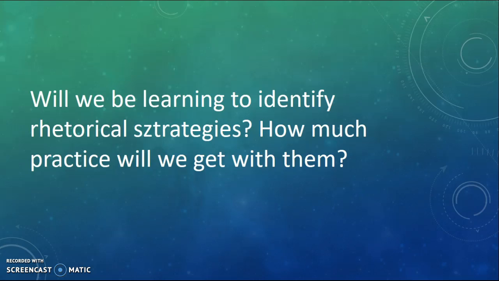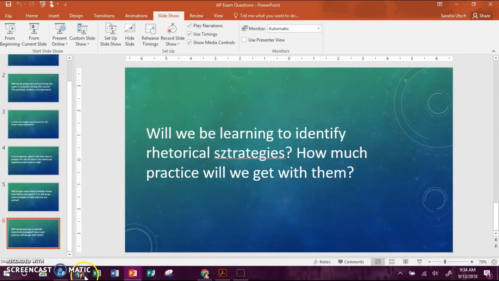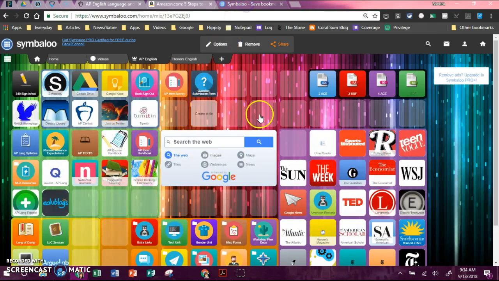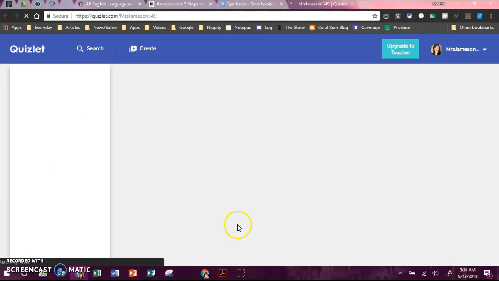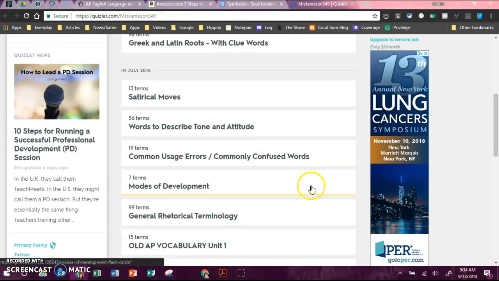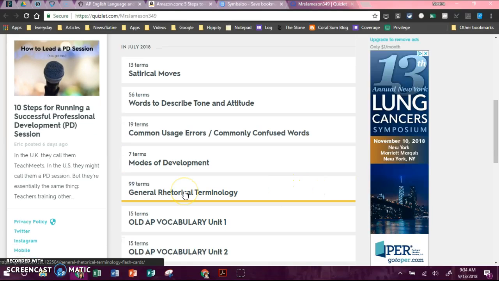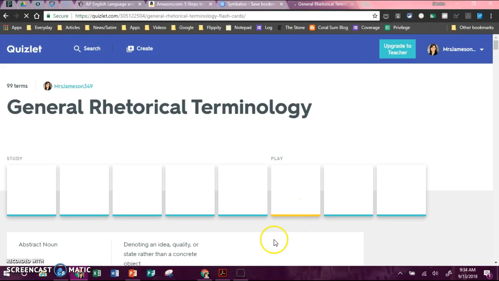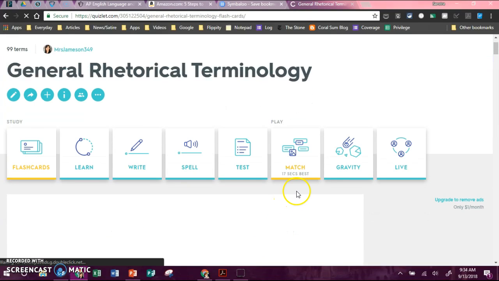If you are concerned about rhetorical terminology and vocabulary, I want to show you something I've provided for you. I mentioned this in class last week, but on the Symbaloo, there is a link to Quizlet. And on Quizlet, there's a whole bunch of lists, but the one I might draw your attention to is this one that just says general rhetorical terminology. There's a whole bunch of terms on here.